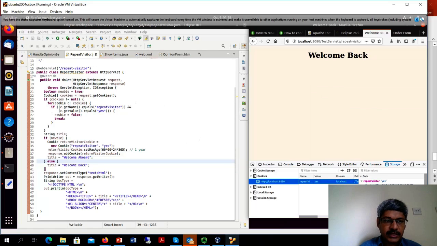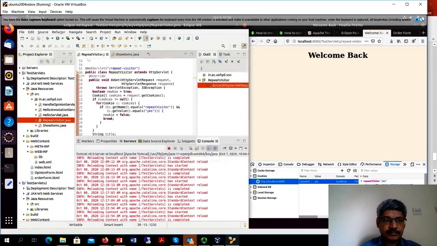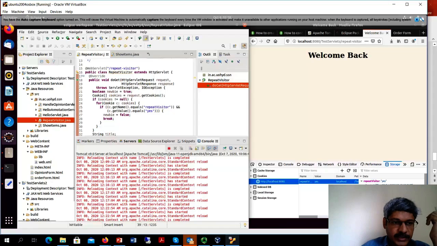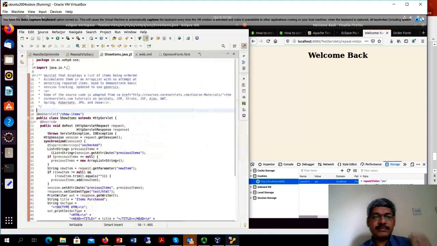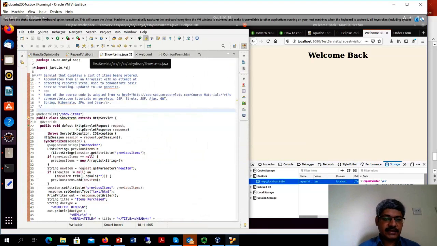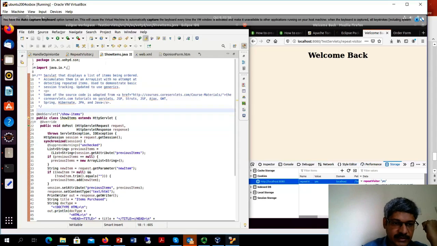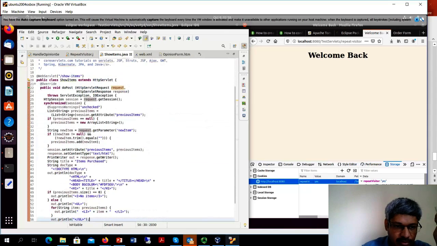So we have seen the cookies. So basically, here is my servlet for show item, for showing all the items. This is the show items servlet. If you request this one, it is handled by this servlet. As I explained in the source code on the slide, all I am doing is,